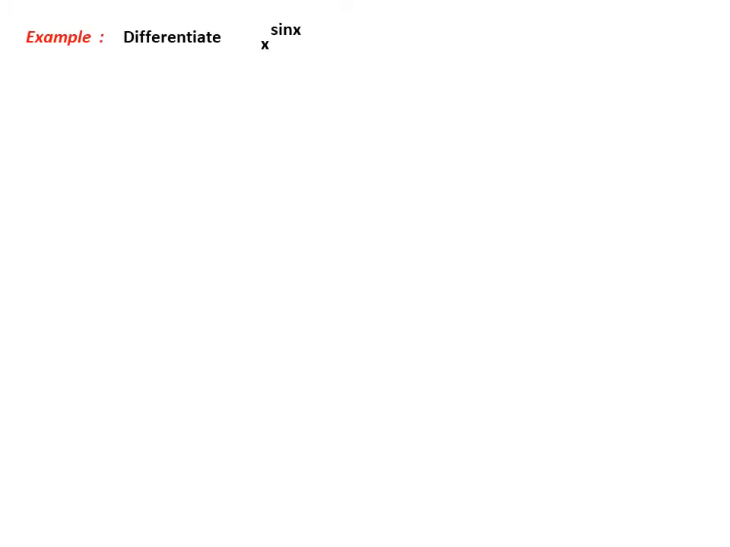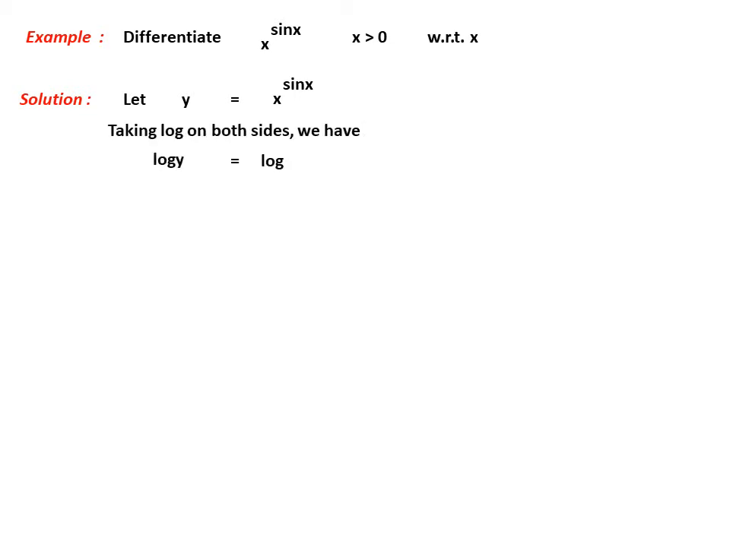Differentiate x to the power sin x, where x is of course more than 0, with respect to x. All the questions are of similar type. Let y equal x to the power sin x. Here you have to see the base is x, and the power is also sin x, that is, it's not constant, so you can use log. So taking log on both sides, we get log y will be equal to